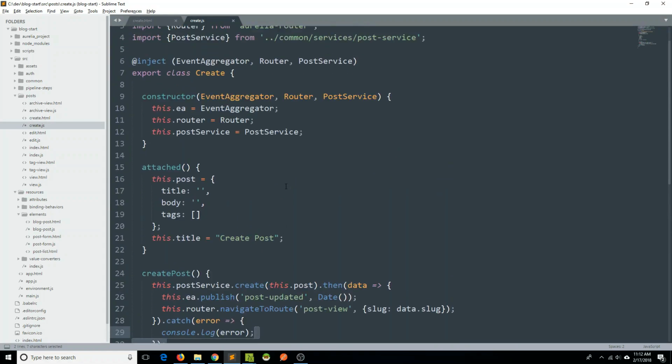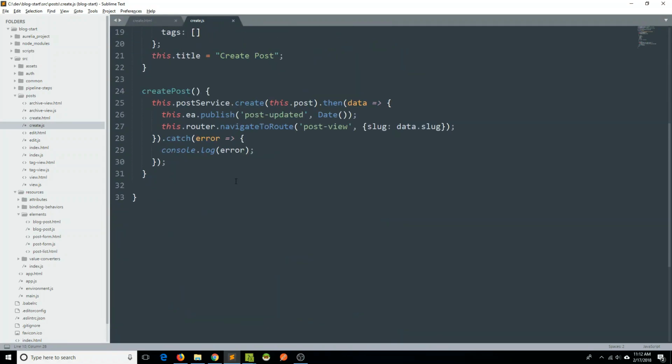Well, so we already have our event aggregator, which is great. So we can just, again, within the catch, say this.ea.publish. And we are publishing Toast. And type will be error. And the message, again, from our